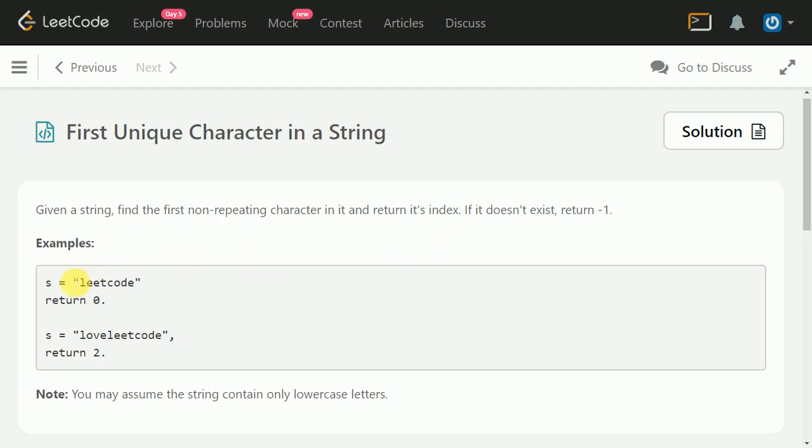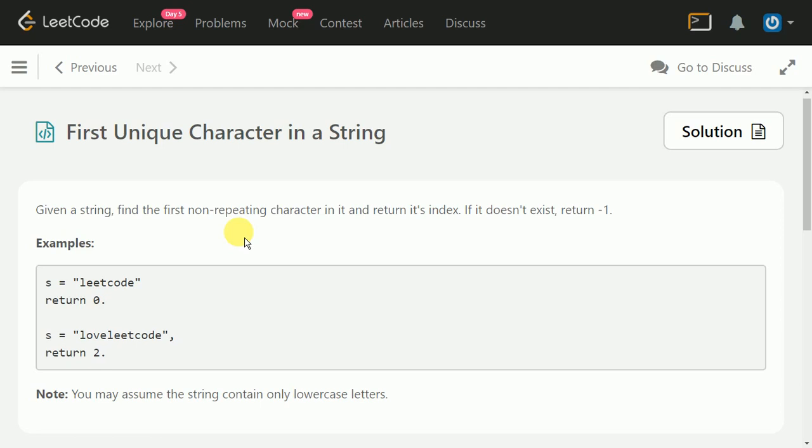For example, if your given string is LeetCode, as you can see, in this given string, L is a unique character. The condition you have to keep in mind is that you have to return the index of the first encountered character which is non-repeating. So in this example, L is the first non-repeating character. There is also another unique character, which is T, and C is also there, but they are the second and third ones. So our task is to find the first non-repeating character, which should be unique, and then return its index. This is all about the problem statement.